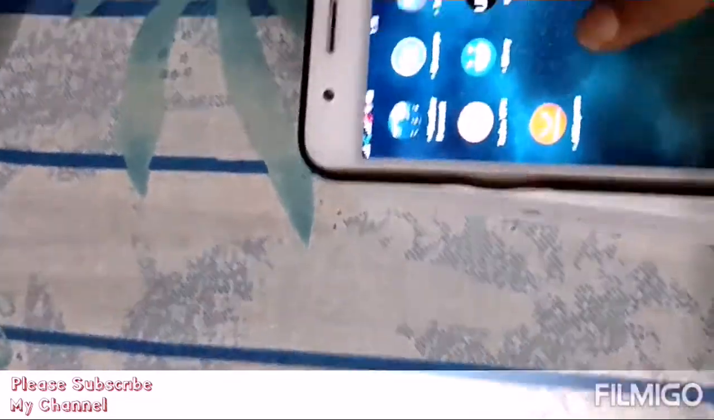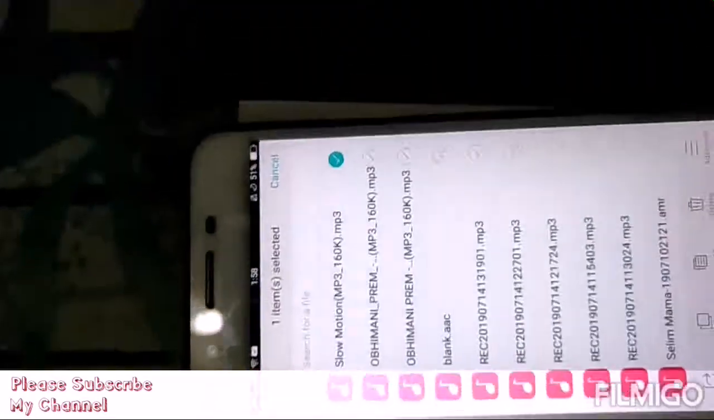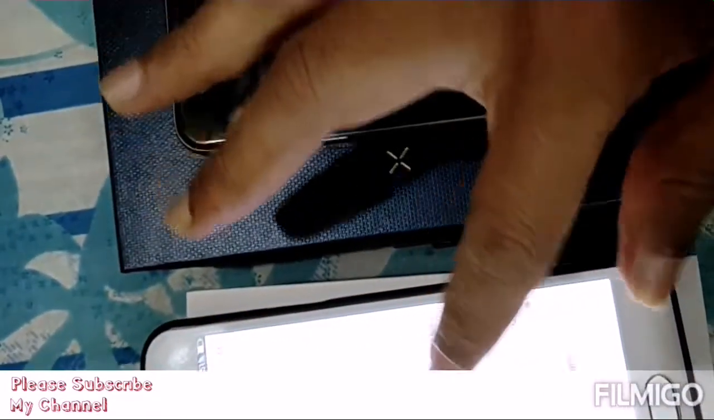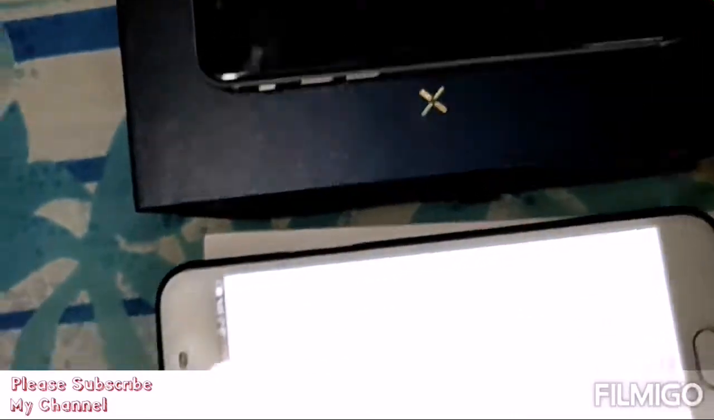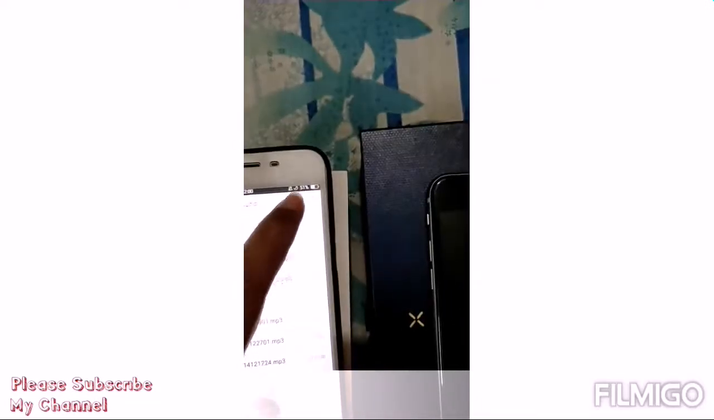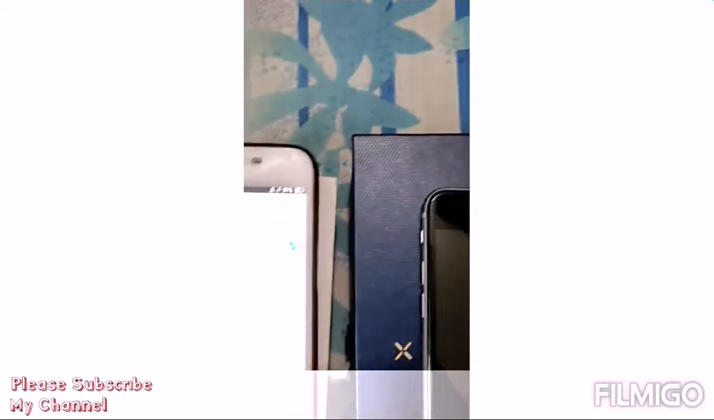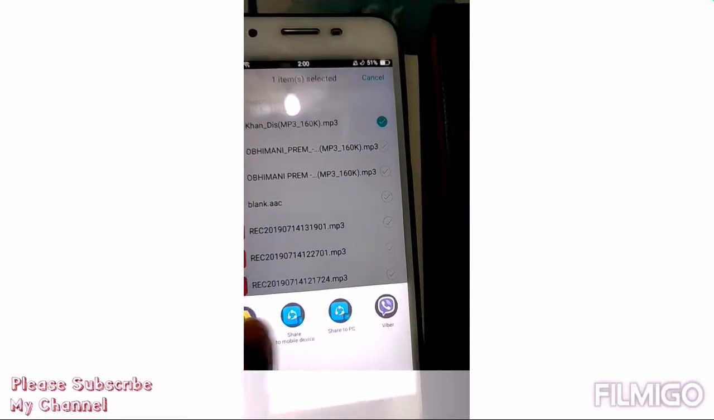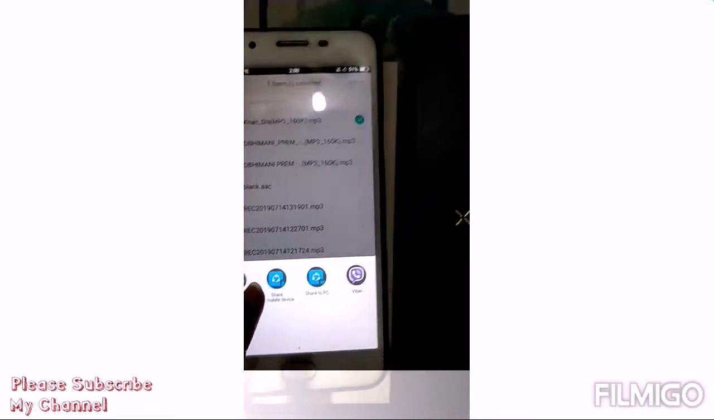Now I go to the file menu to share the song. Here you will see the file. Now to share it, select the file and go to the share option, scroll and share to mobile device